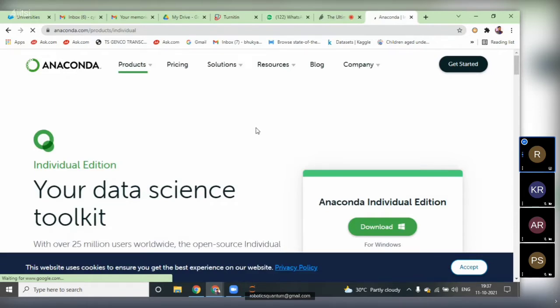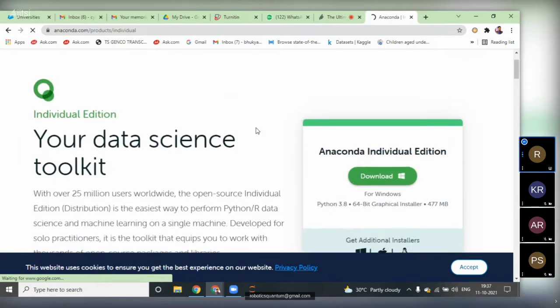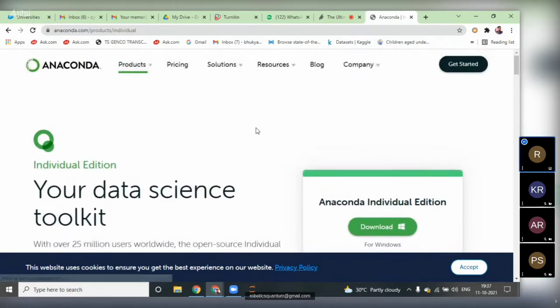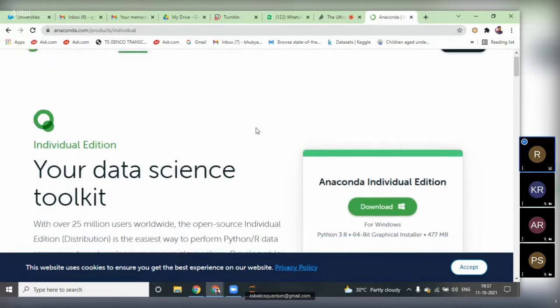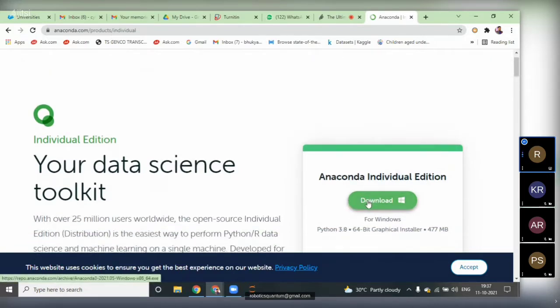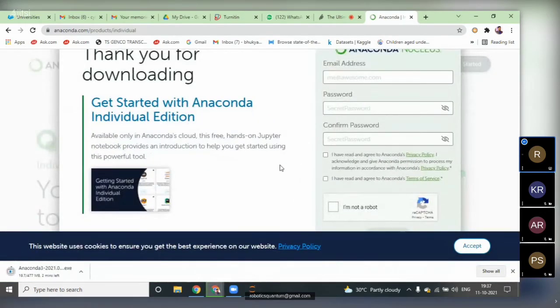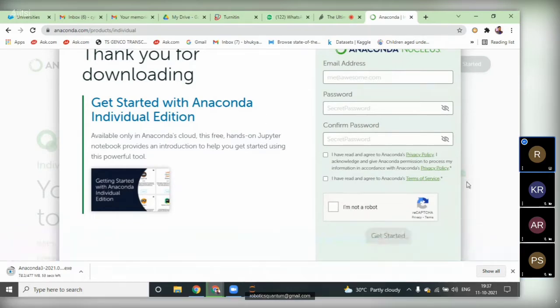See, if you want to become a data scientist or if you want to do data analytics, we must need this Anaconda Navigator. So to download and install, we just have to click here. When you click here, no need to bother about the registration part here. Just let it be. So here it's downloading the Anaconda 2021, that is the Anaconda 3 we are installing here.